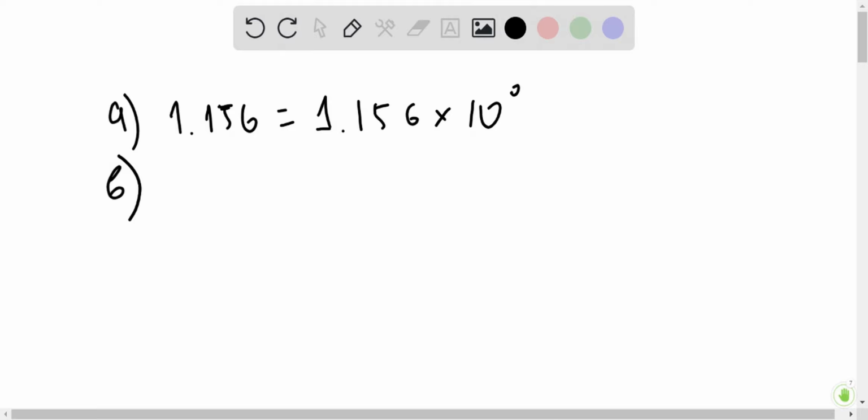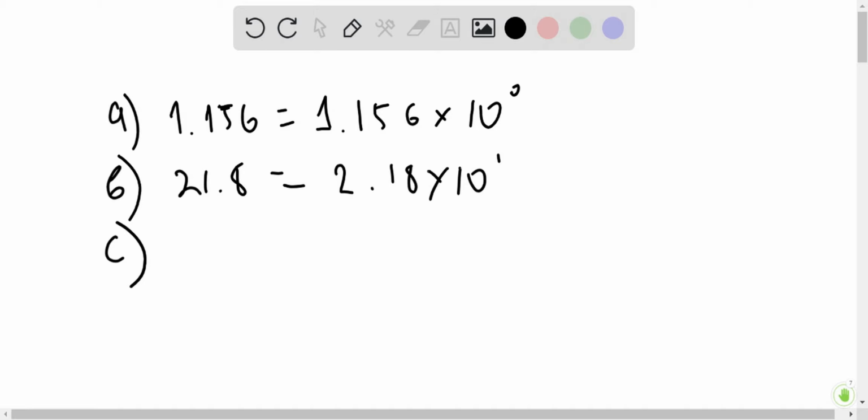So the next number is 21.8. Let me check. Yeah, 21.8, which equals 2.18 multiplied by 10 to the power of 1. Next number is here. So it equals 6.8 multiplied by 10 to the power